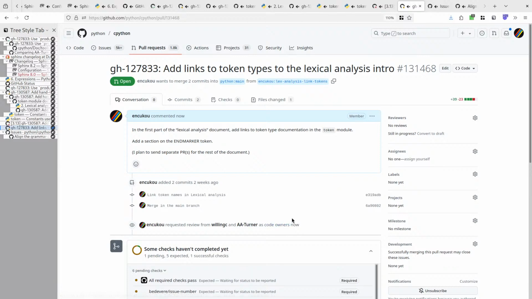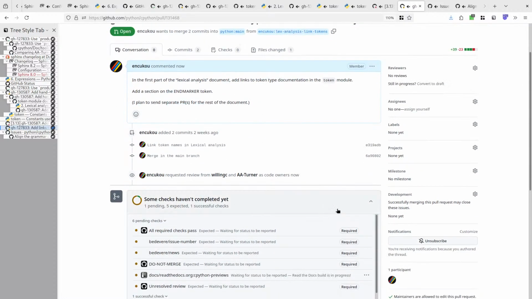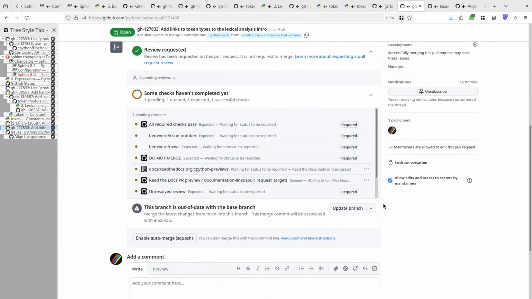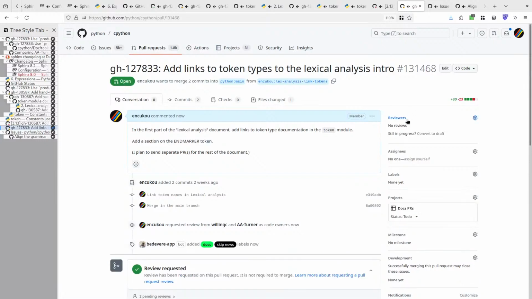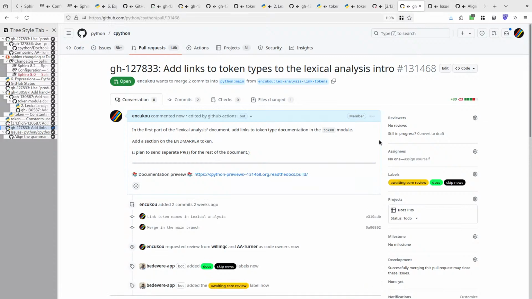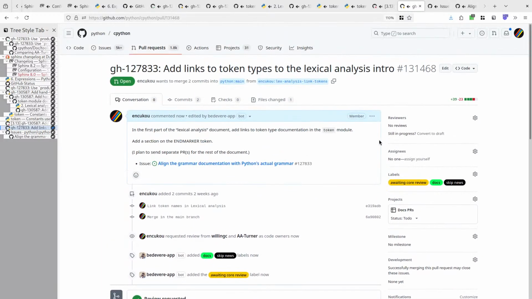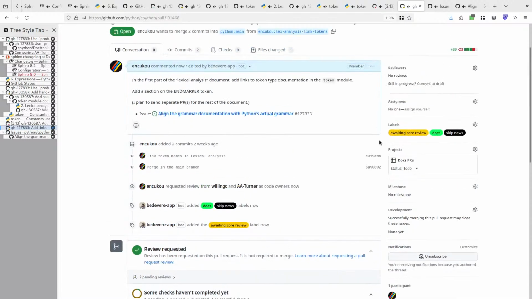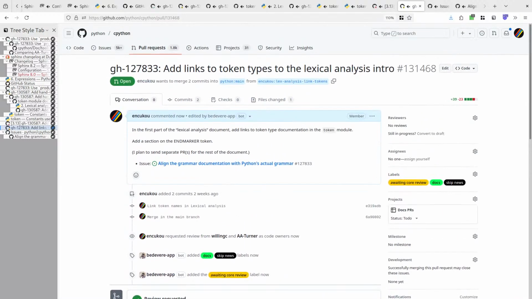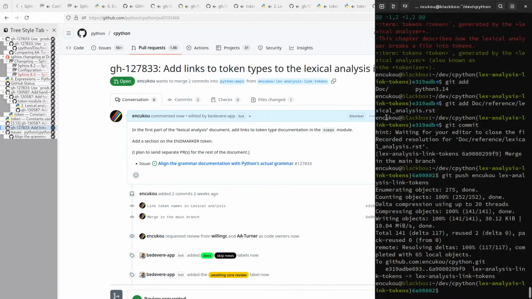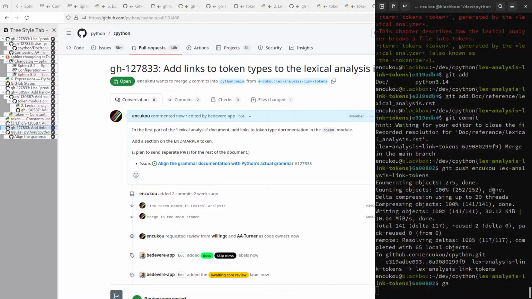Oh, we have code owners for documentation. That's great. So it'll automatically select reviewers, hopefully, once GitHub's cool new UI updates. And well, let's see if the docs rebuild. Meanwhile,